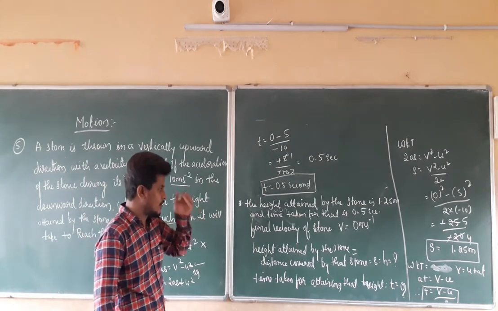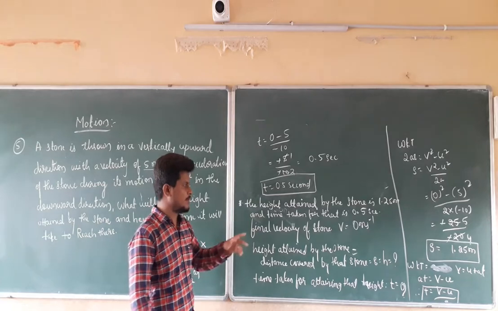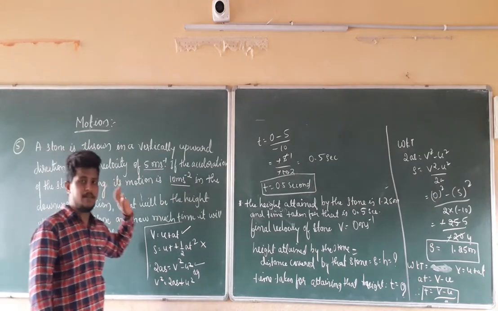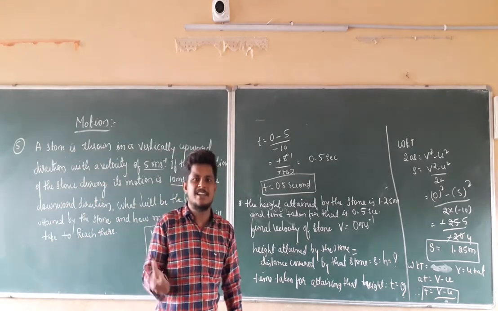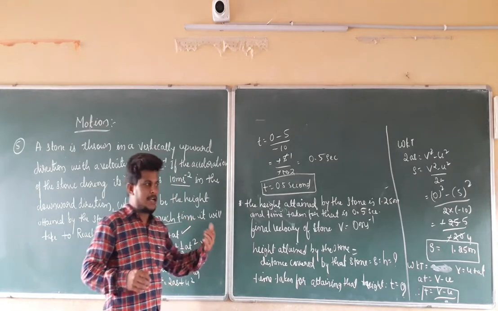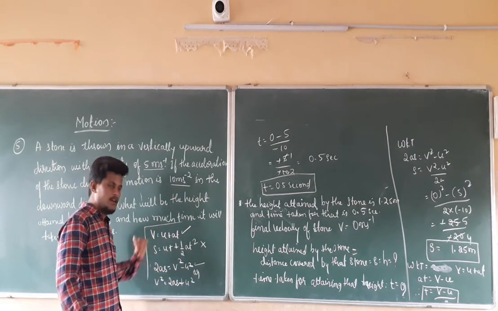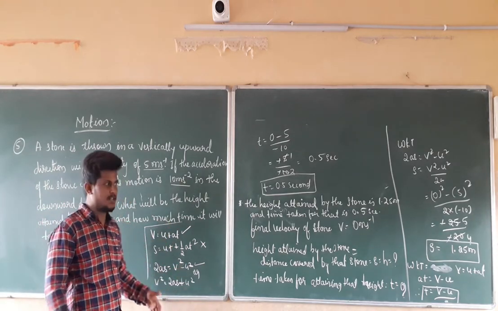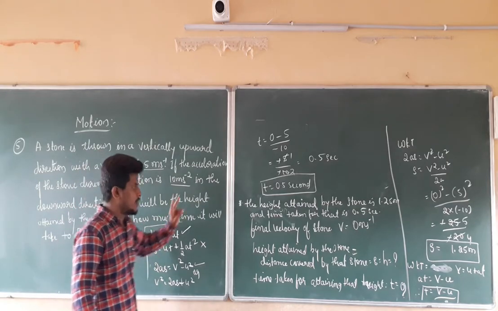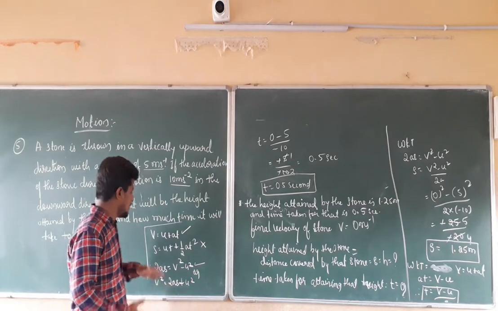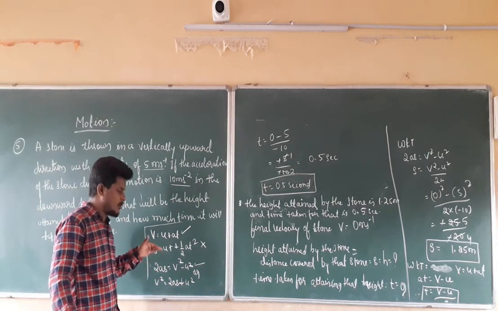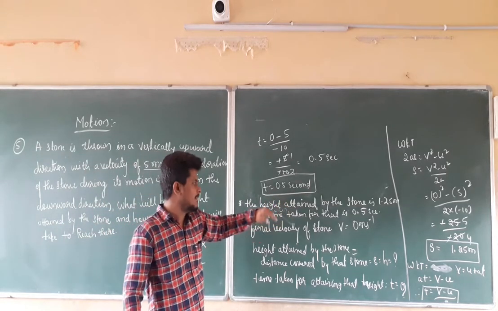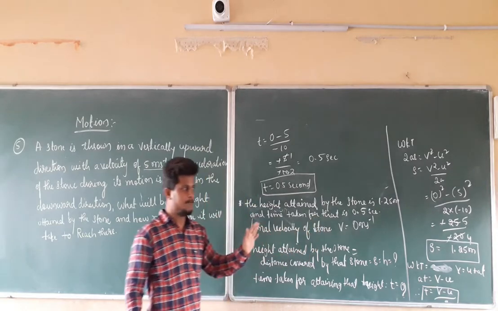So in solving any problem, it may be a mathematical problem or a physics problem, first correctly understand the problem statement. Then try to write every given data. Then by using the concepts and formulas which we already studied in the previous classes, try to analyze and interlink those things with this problem statement, so that whichever data we are going to find out, it is there or not in the formula. By using those formulas, we are going to solve those equations. In this case, we are getting the answers like this. I hope this is clear.